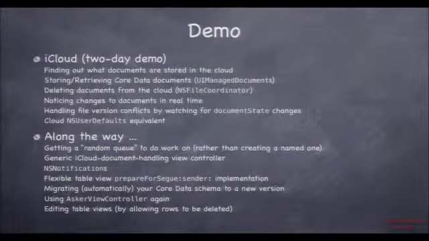Okay, so that's all the slides. A lot of this will be elucidated via the demo, as usual. And this is a big old demo because it's not just iCloud stuff. I'm going to talk about some other stuff along the way. What I'm going to do for the demo is, remember we have